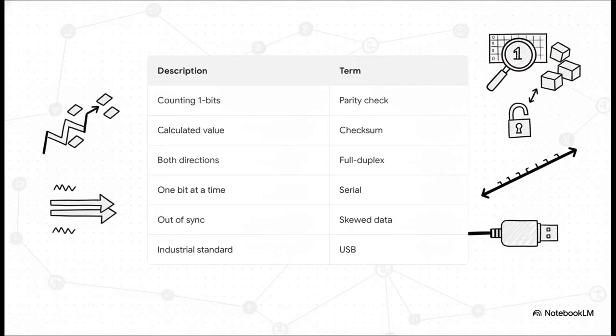Let's bring it all together and see how this builds into a complete matching set for all the terms from that exam question. We even have 2 extra bonuses here. Data arriving out of sync is known as skewed data, and the industrial standard for serial connections is the Universal Serial Bus, better known as USB. Definitely feel free to pause the explainer right here if you want to lock these definitions into your memory for